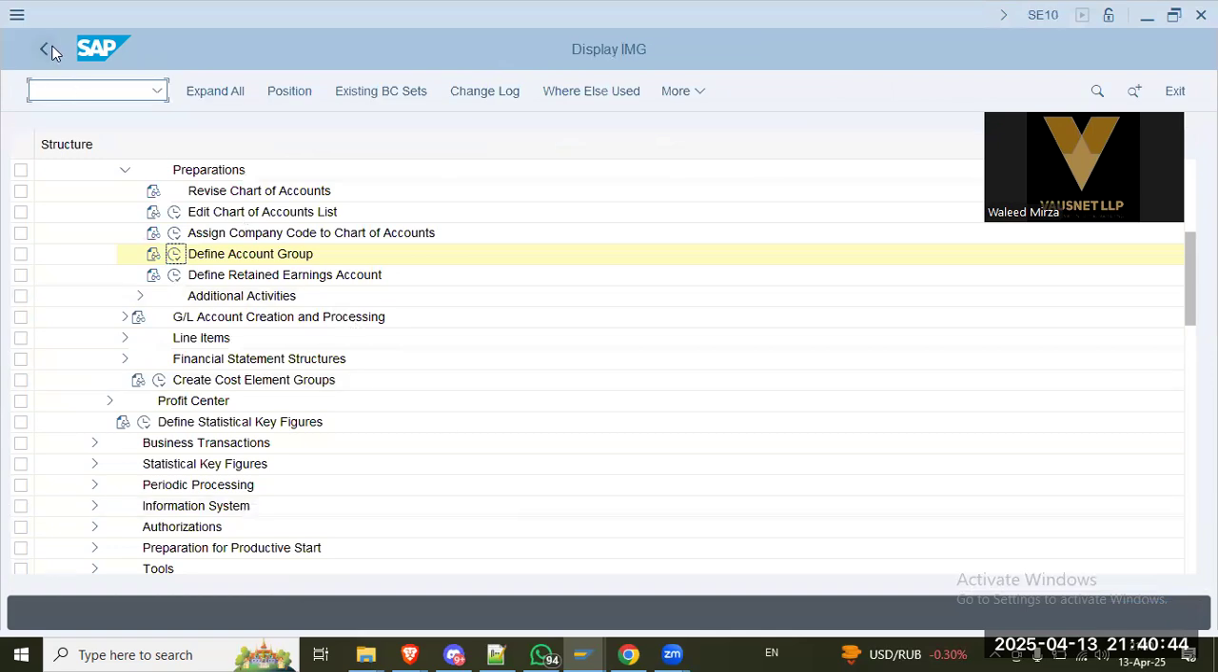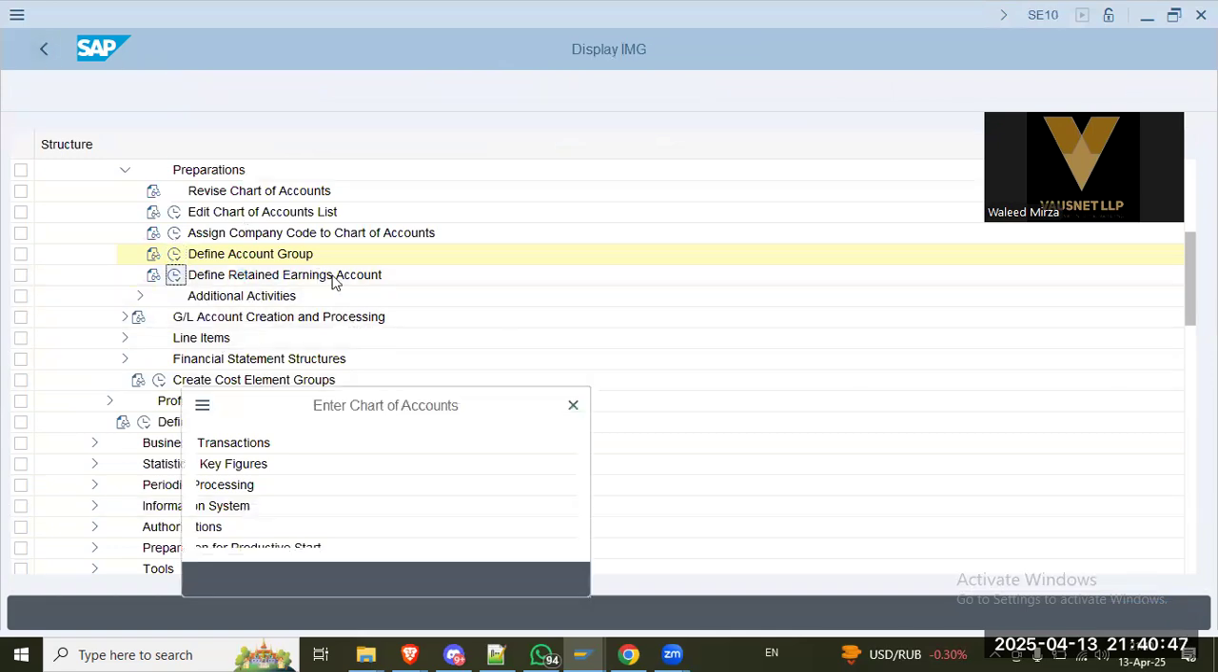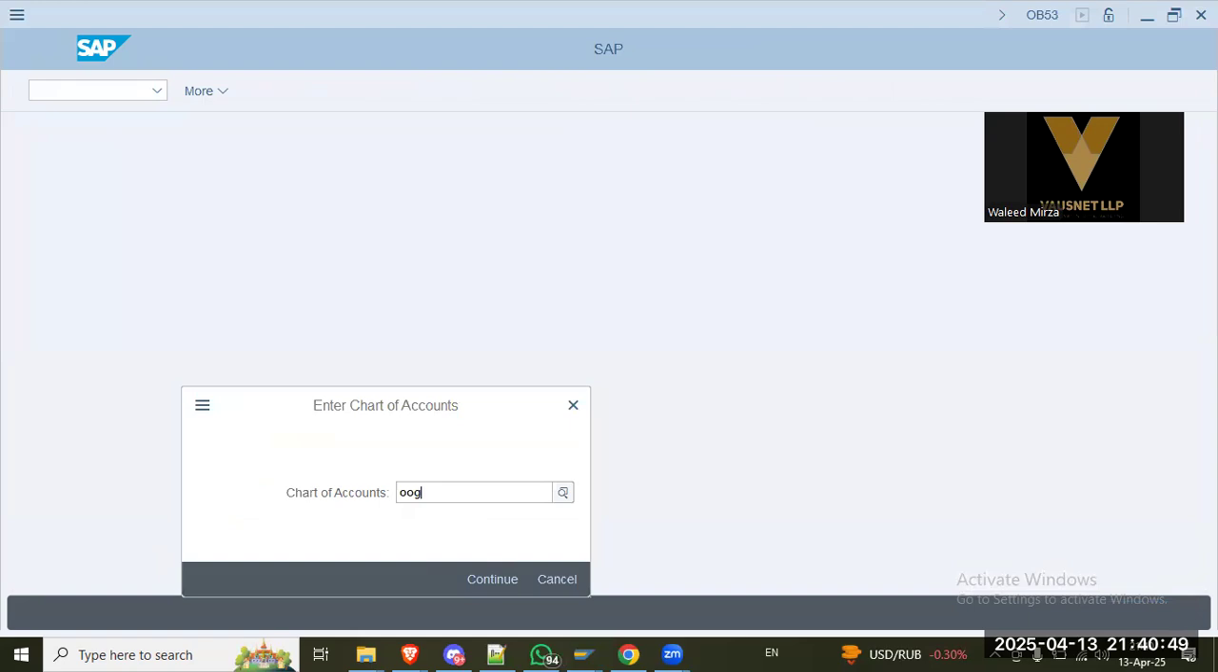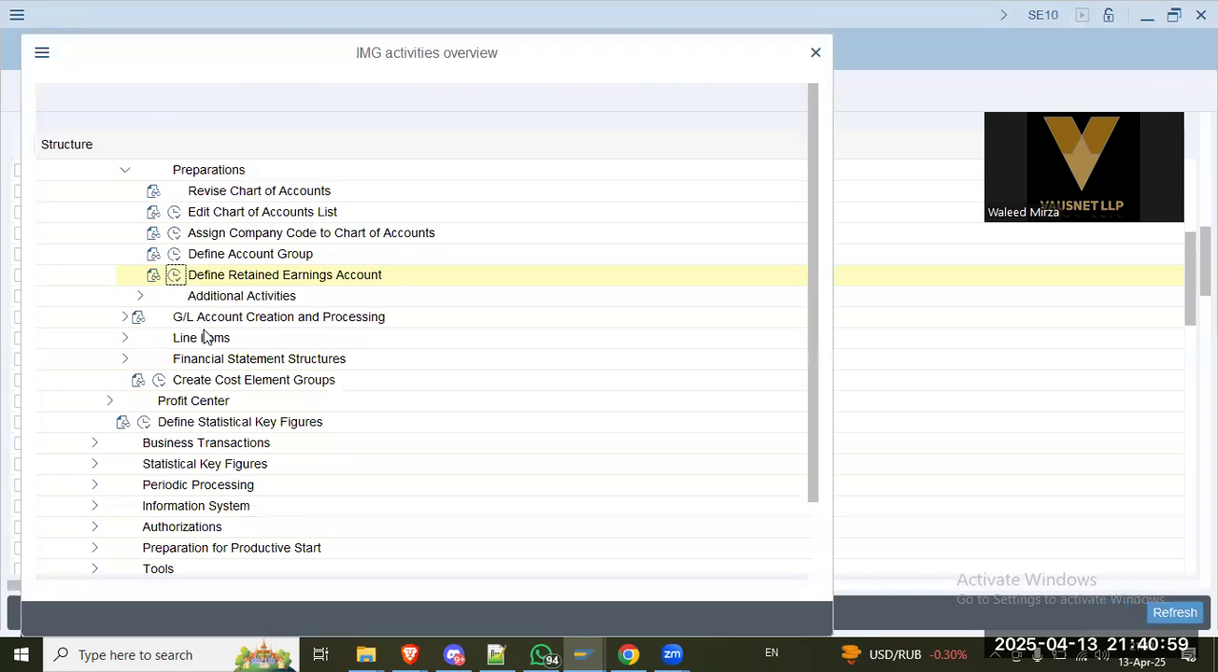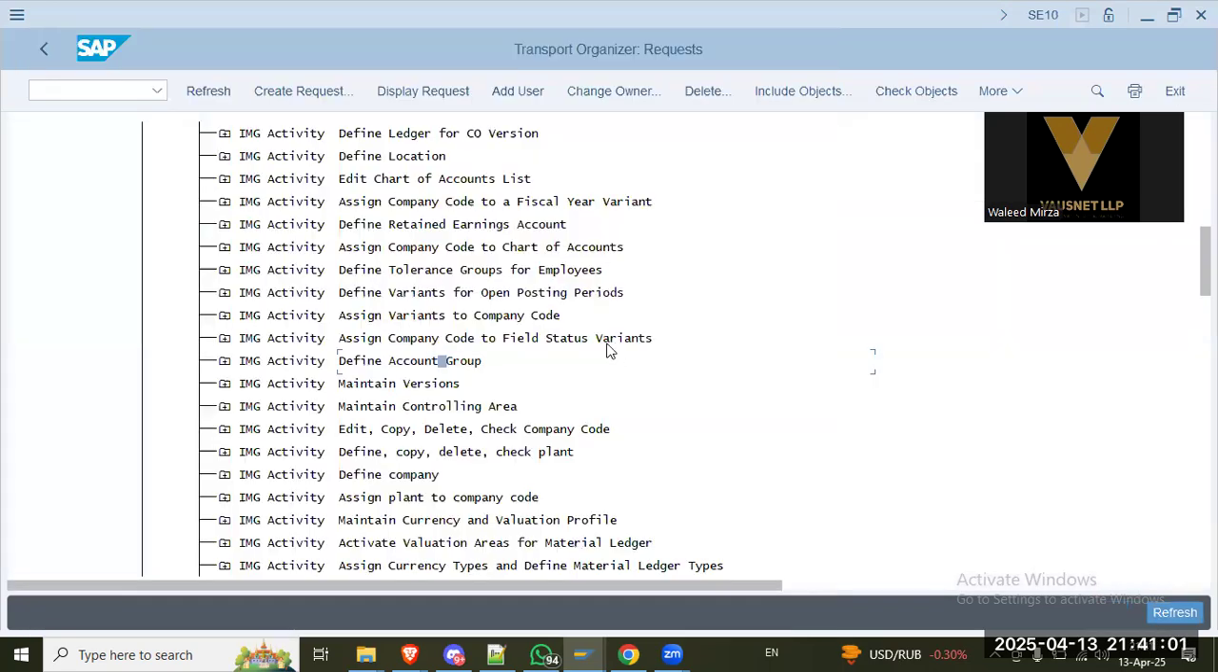Okay. Then next is define retained earnings account WOGL. After account group, this is the next one. Retained earnings account is used for balances at the year end and month end. These are carried forward. After account group and retained earnings, we create